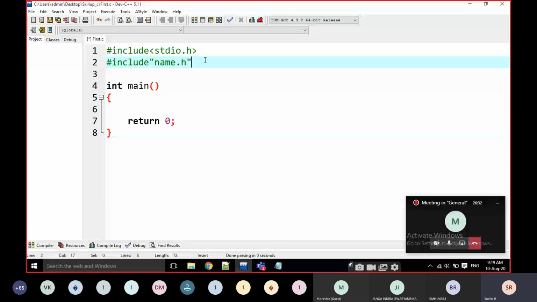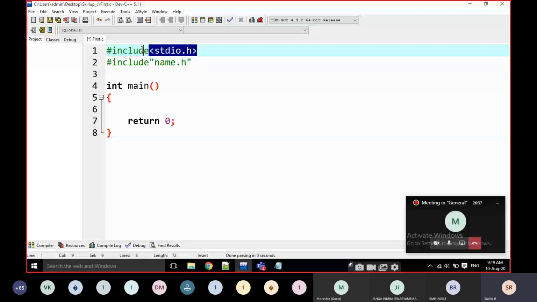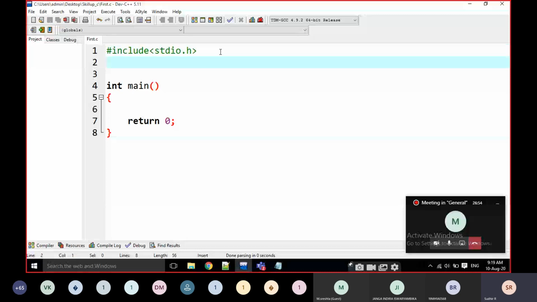That means a user defined header file. If you are using this less than and greater than, this is going to be a predefined header file. Predefined header file means it comes with the compiler. When I am installing C, like Dev C++ or Turbo C, anything else, these are the default properties. This is the header file.